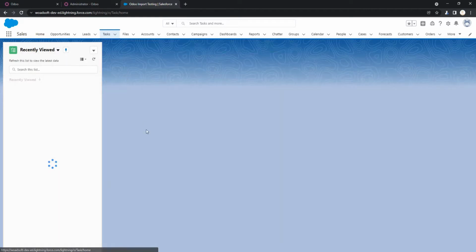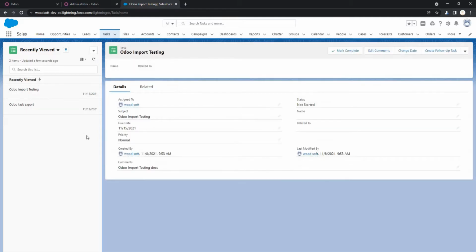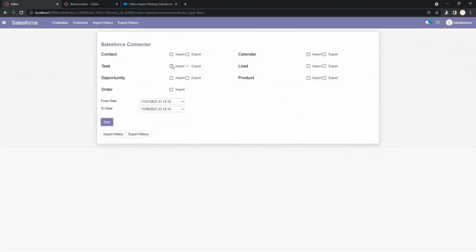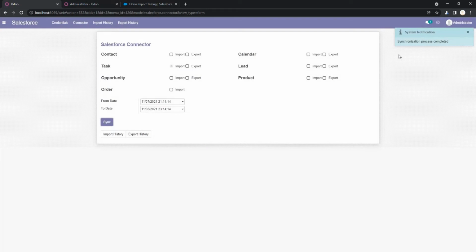We can also verify from the previous view or all view. So as you can see, the task is added successfully. Okay, so we are going to import this task in Odoo. So I just click the import option and click the sync button. So it will take a few seconds and the process is completed successfully.